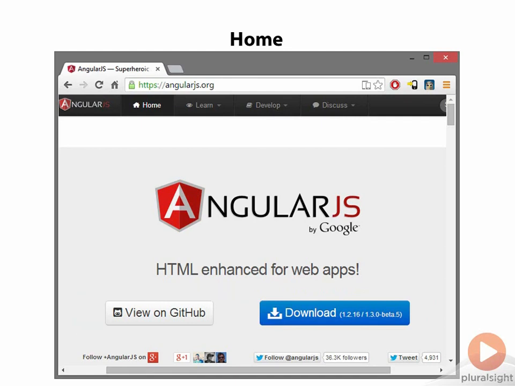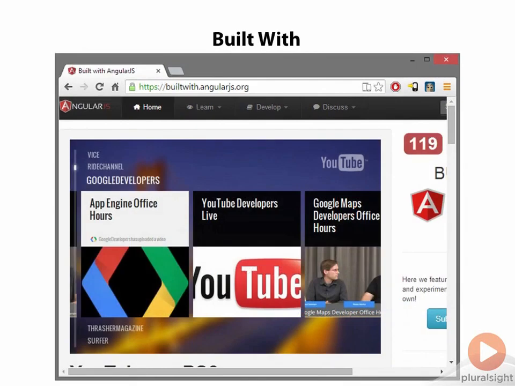A related website you might be interested in is builtwith.angularjs.org. This website includes pictures and links to other public websites that have been built with AngularJS. The examples include everything from games and video players to statistical reports with user-customized queries and productivity applications that run on a mobile phone. You'll notice some popular sites on the list too, sites like YouTube and the news site